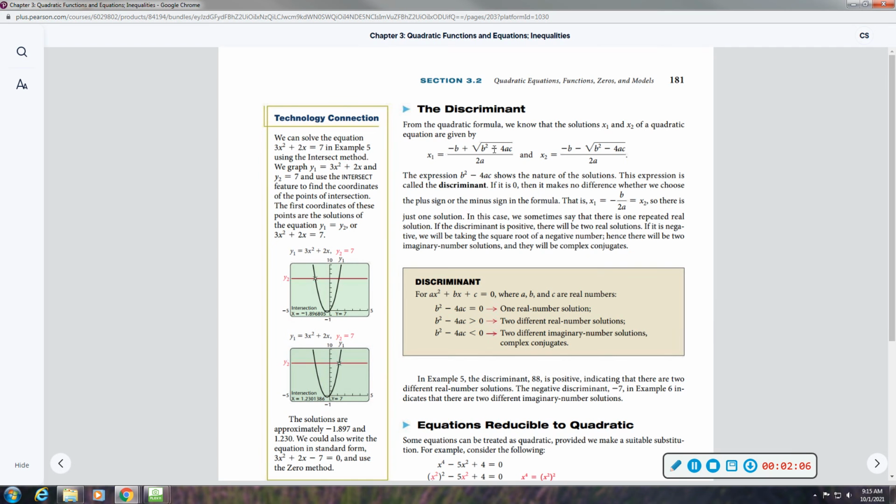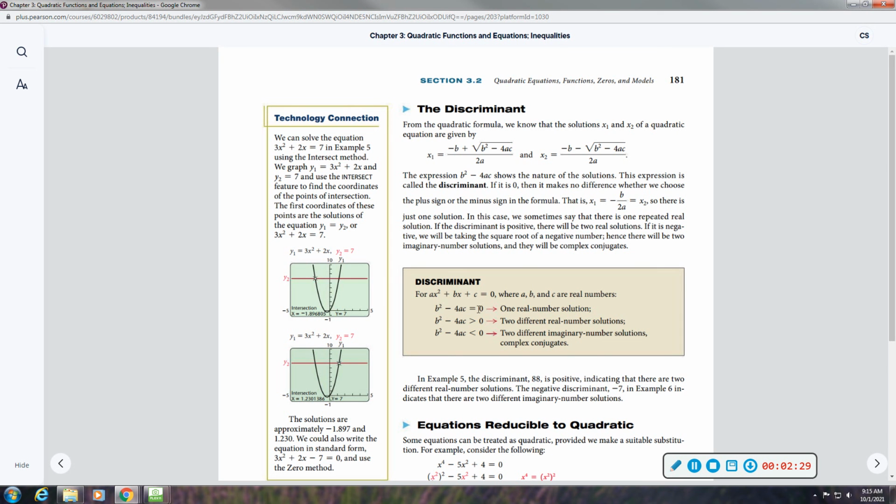Then we have what we call the discriminant. Discriminant comes from the quadratic formula. It's the b squared minus 4ac. It's this part here, the part that's underneath the square root. So when you evaluate that part,